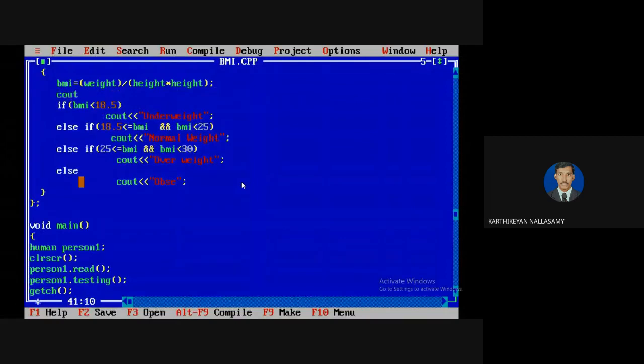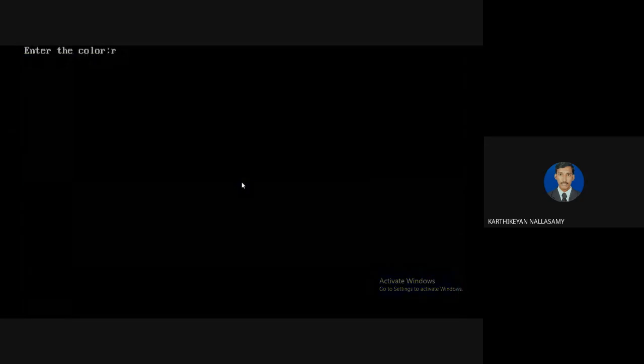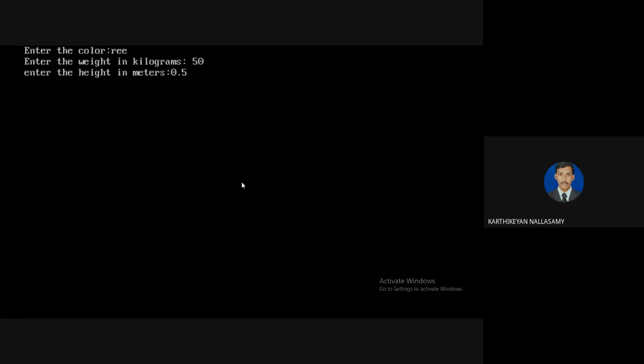If you want to print the value of BMI for reference purposes, so that you can check what the BMI value is, BMI value equal to, and you can display the value of BMI. It's for your convenience. Then after displaying the values, if you want a new line, you can display it. So I'm going to run the program, and I'm going to give a weight of 50 kilograms and 0.5 height, so that my BMI value is 200, so that it is obvious.